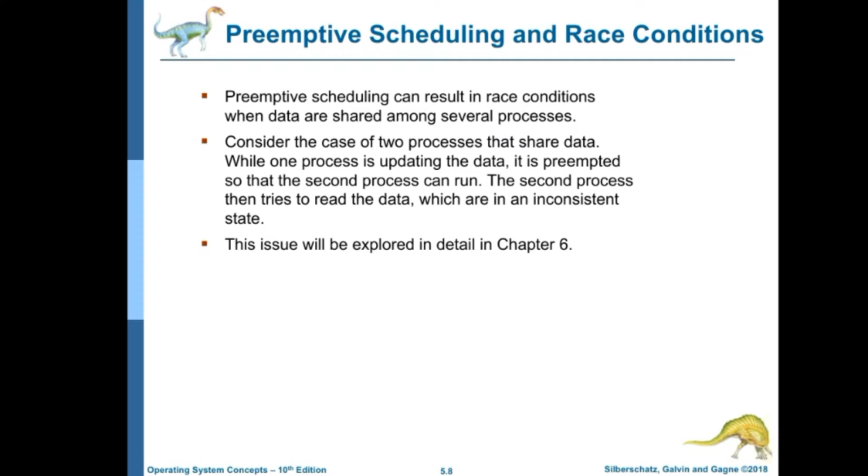Preemptive scheduling and race conditions. Preemptive scheduling can result in race conditions when data are shared among several processes. Consider the case of two processes that share data. While one process is updating the data, it is preempted, so that the second process can run. The second process then tries to read the data, which are in an